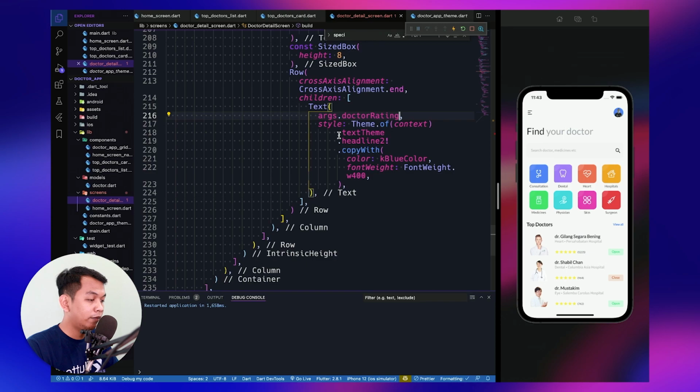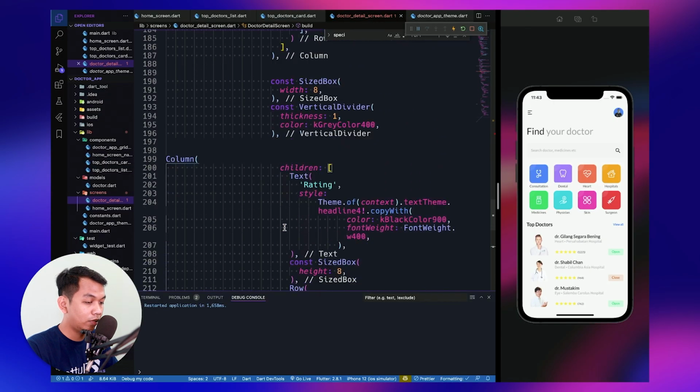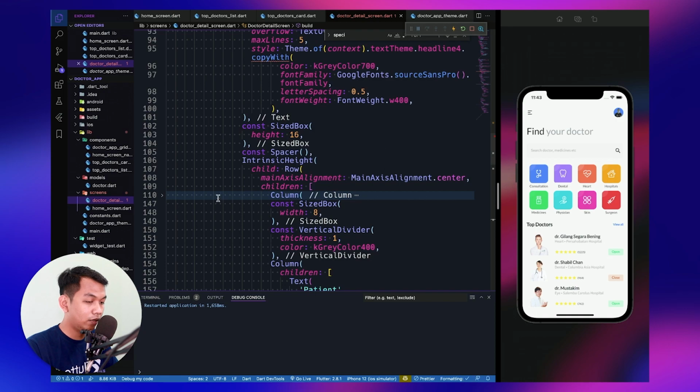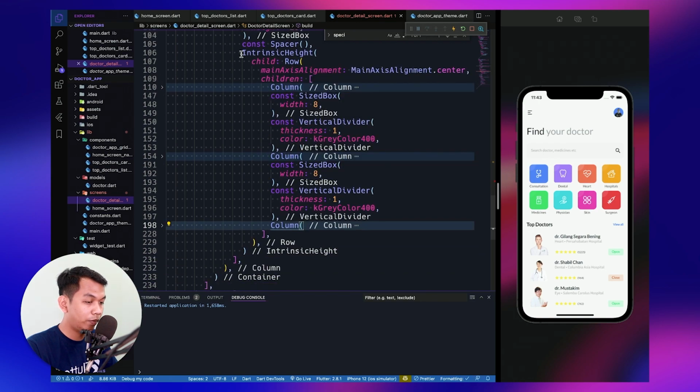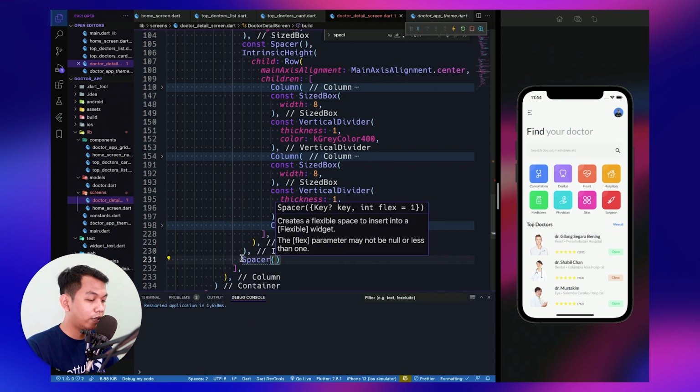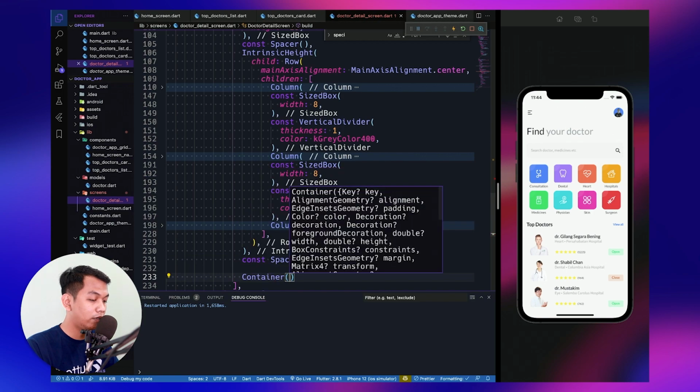Okay, and we have finished this row widget. So what we need to check, so let's see, we have this column and this column. So we have 1 2 3 columns inside our row widget. So below of our intrinsic height, we say spacer again and add const modifier, and we say container.